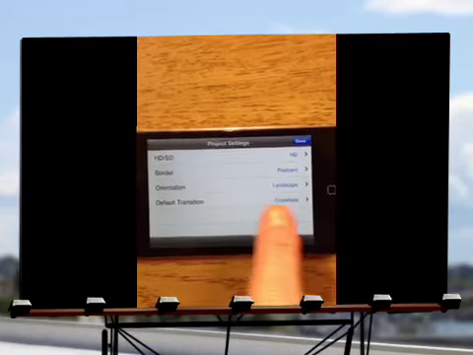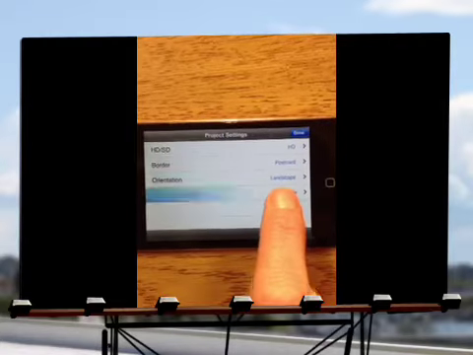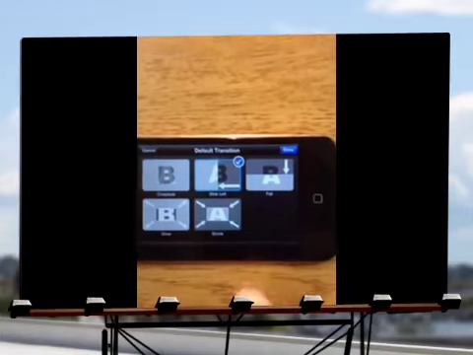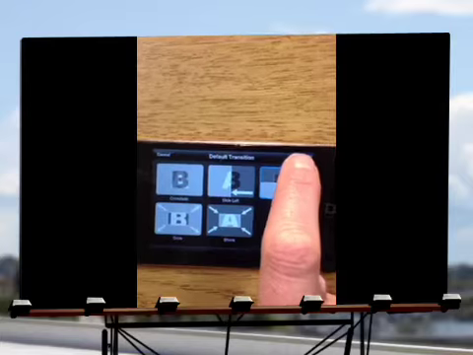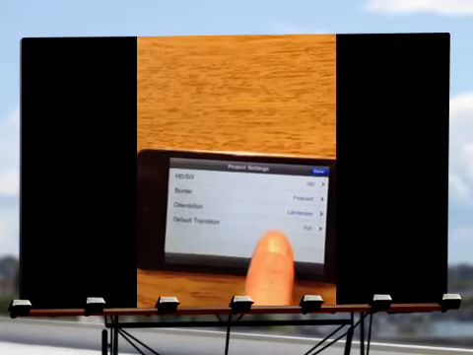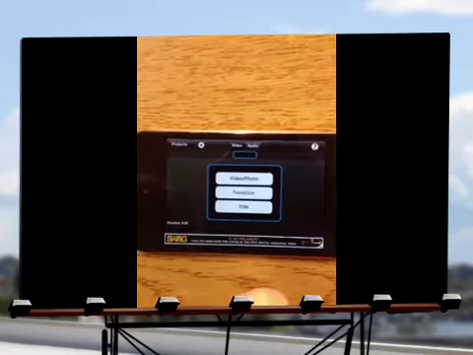And then I can choose my transitions. That's how it moves from one picture or one video to the other. Right now it has crossfade. I could try slide left. I'm going to do fall and then say done. Now, once I've made all those choices, I'm going to hit done again, and it's ready for me to start